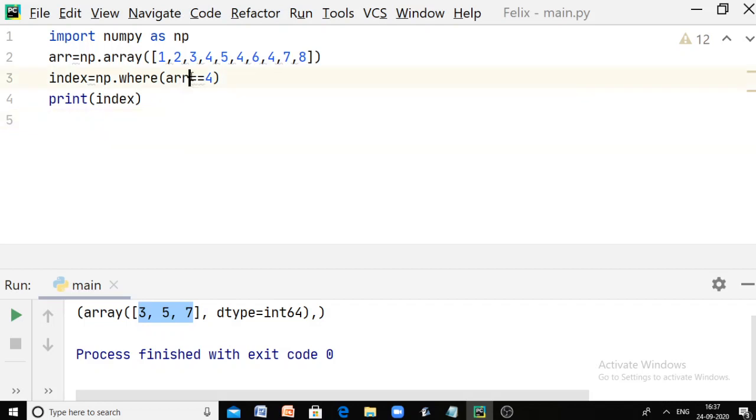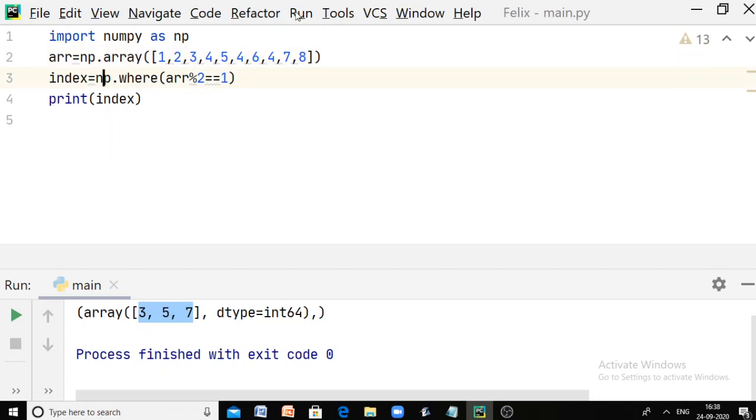Now how can I customize this where method? When I am searching for an element, I am giving the array name. But here I want to specify the condition exactly. So array name, and every element in the array modulus division by 2 gives remainder 1 as a result. If you are getting remainder 1 when you are dividing every element in this array by 2 using the modulus division operator, then it is actually an odd number. Now the places where these odd numbers are available are returned as a tuple of indexes.